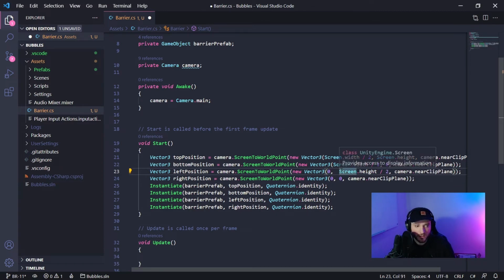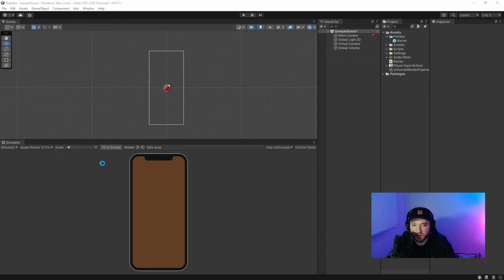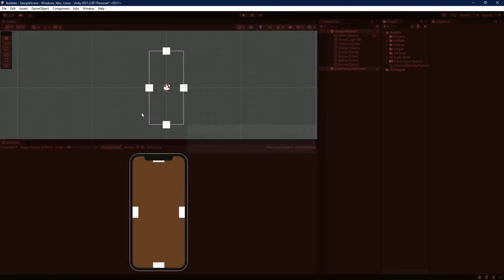And the right position would be screen.width and screen.height divided by 2. We save that. I think that should give us what we want. If we go back to Unity and hit play, hopefully there will be 4 squares sitting in the positions that I just talked about. Yeah, so if we hit play now, you'll see we have a square at the top,